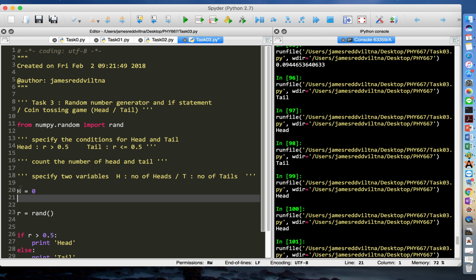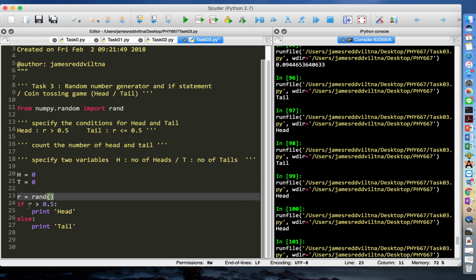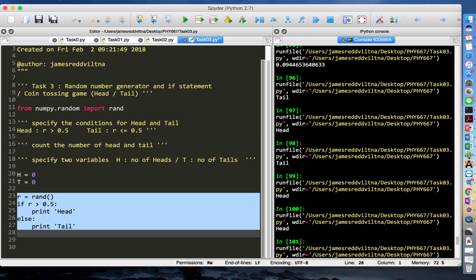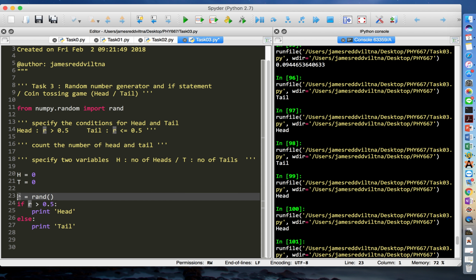Okay. So we define this as 0 and tail is 0. And then we want to do this coin tossing experiment many times. So what we can do with this is we want to do the for loop of these actions of specifying this random number to print out the head and to print out the tail. Okay, so you can say for i in range 0, 100. So suppose that we do this experiment for 100 times,